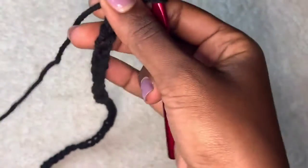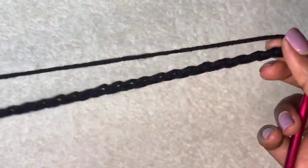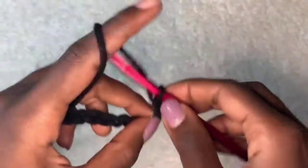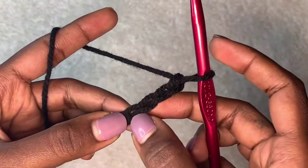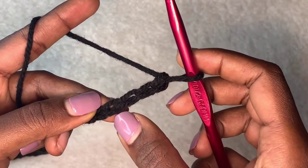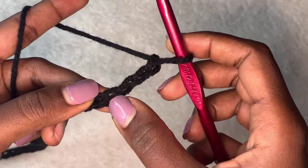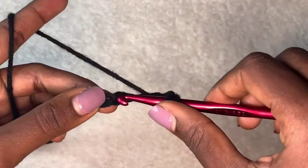So I have my 80 chains, and when you achieve your measurement that you want for your size, you're going to chain up 3 more. So 1, 2 and 3, and into the 4th chain from the hook. That's the very last chain that you did, your 80th chain or whatever chain that you did. You're going to go into it with a double crochet,